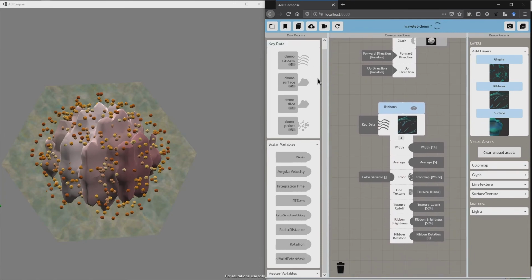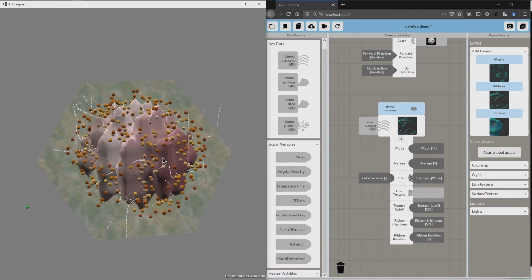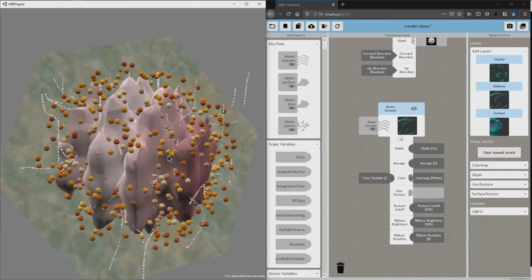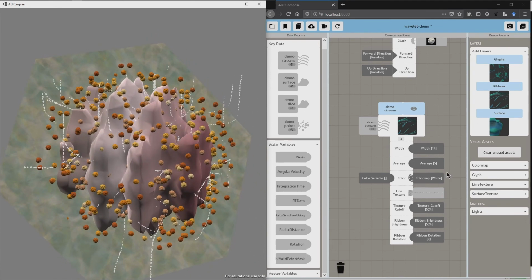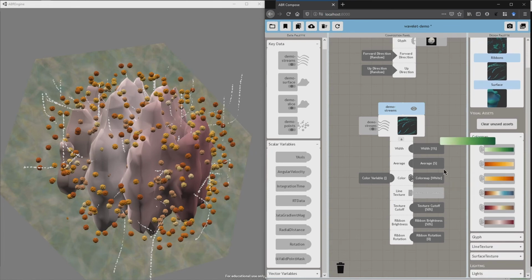And lastly, I'm going to put on some streamlines. So you can see, again, the puzzle pieces match one another, and I get some spaghetti. And I have different line textures, and this is just the one that I have imported from the library, but you can import any number of them. Once you get the texture on, it's looking a little bit small. I kind of like the texture, I like the variety, but I think I might want to make it a little bigger. And I'm going to give it a color that contrasts with the other things that I've got.